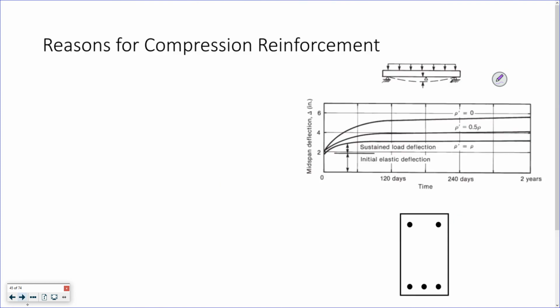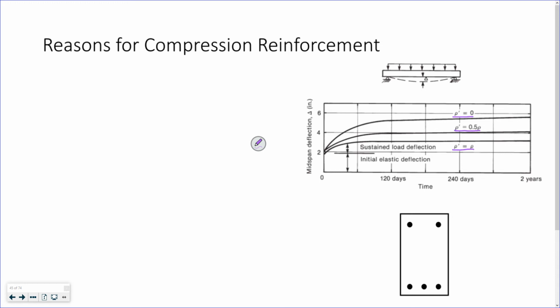So maybe we should have started here, but why might we want compression reinforcement? Well, I want you to look at this chart here, where we're looking at midspan deflection over time. So this would be essentially creep, right? For a sustained load, how much additional deflection do I get if I keep my load on there? This is measured in days, up to 2 years, and it's based off of 3 different